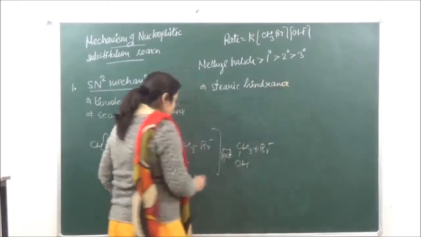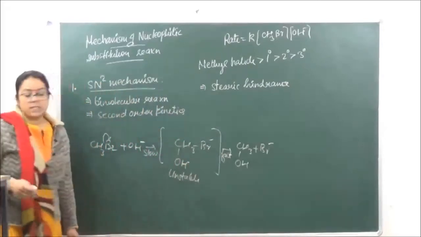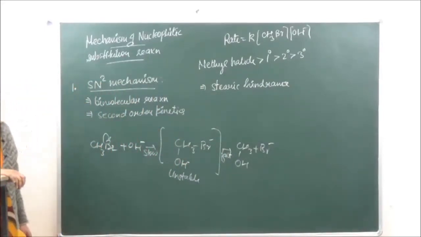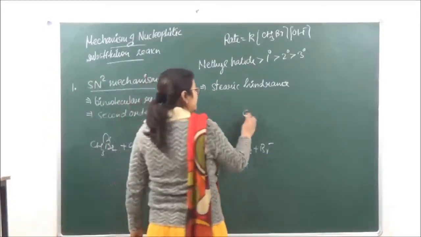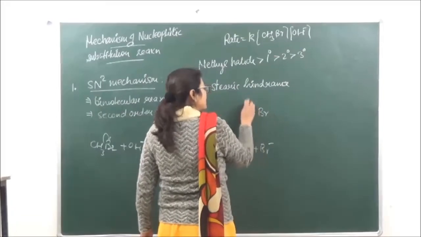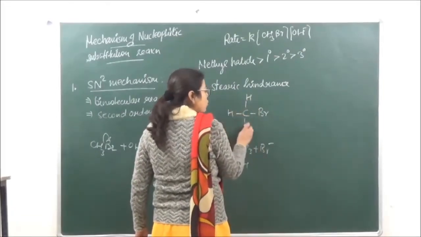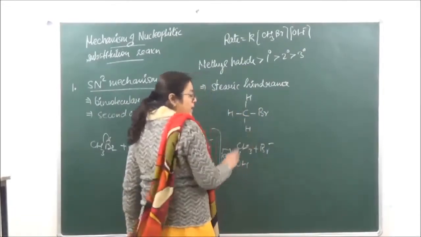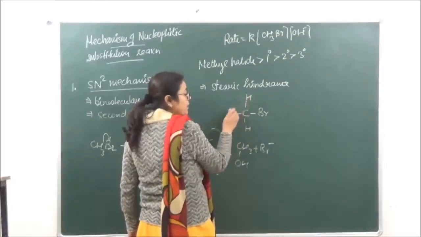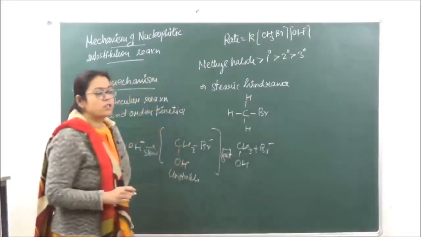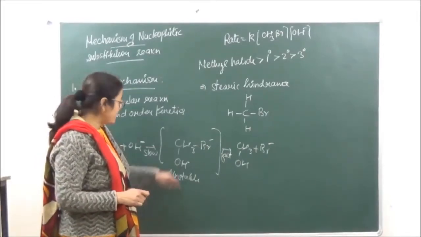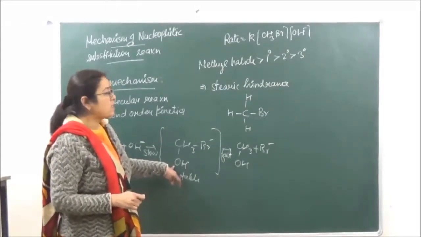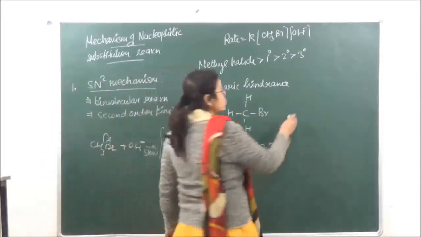Right? Now as you can see that there is a transition state which has to be formed over here. So if we have more number of alkyl groups, because if we are taking the methyl halide, this is going to be the structure of methyl halide. Now over here all the three hydrogen atoms which are present, they are going to be smaller. So they do not offer any steric hindrance to the incoming OH negative. Whereas when we are going to tertiary,